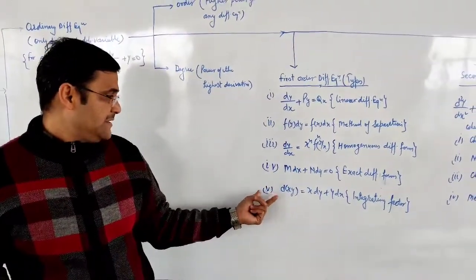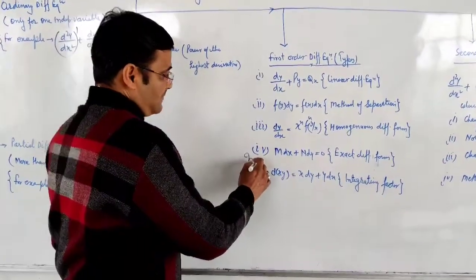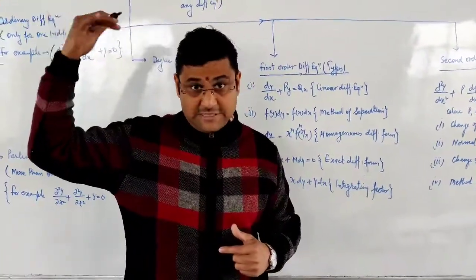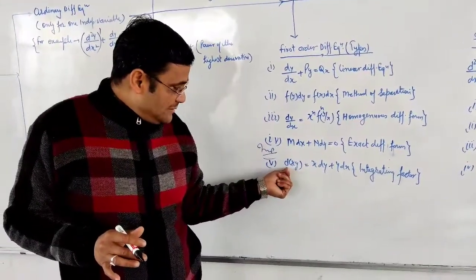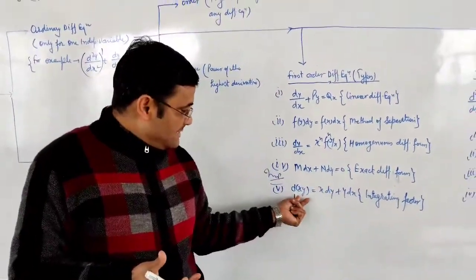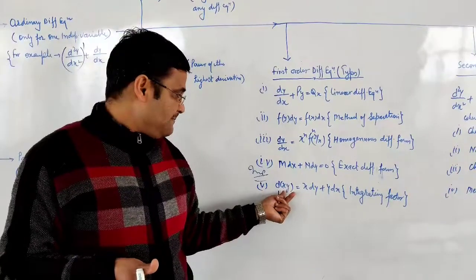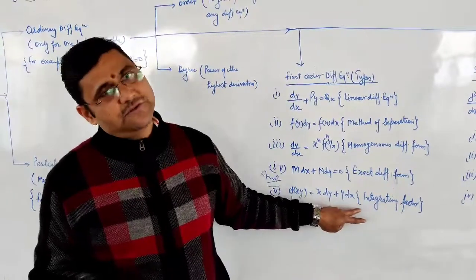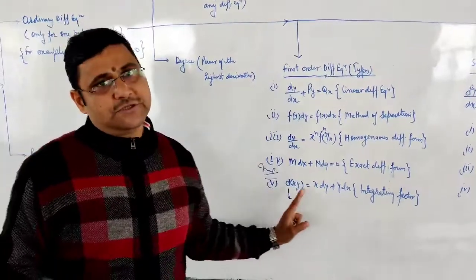Okay, and fifth is d(xy) is equal to M dx plus N dy. This is the important part of differential equation. Generally we will use higher mathematics for the integrating factors. It's called the integrating factor. d(xy) means the d shows differentiation, that is, x and y are two variables and we have to differentiate it. So what does the product rule say? First as it is into differentiation of second part, plus second as it is into differentiation of first part. That is the integrating factor. So these are the kinds of first order differential equation.